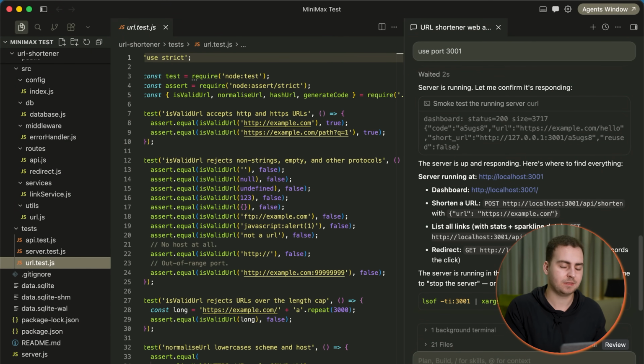Now I will say the MiniMax did take significantly longer to run than Composer. In fact, we're talking probably 5 or 6 times the amount of time, because Composer ran in about 2 minutes and MiniMax took about 15 minutes to run. However,